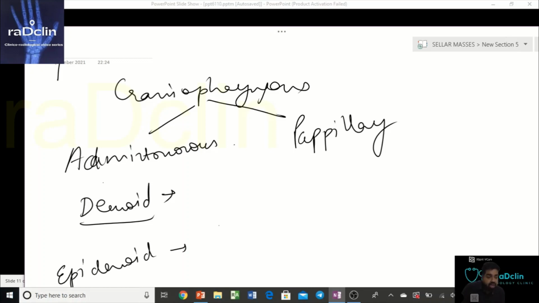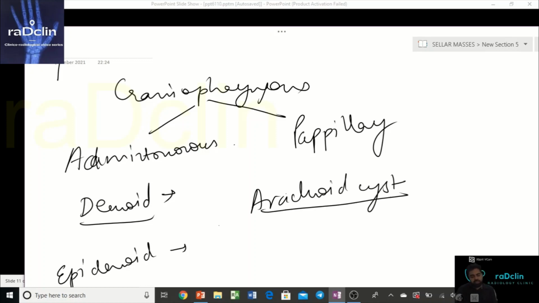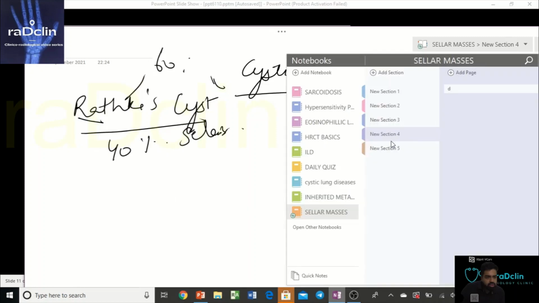Then you can have the arachnoid cyst, which follows CSF signal intensities on all sequences. Now there could be an inflammatory cyst like neurocysticercosis. Neurocysticercosis patients present with seizures, and it has a morphology that evolves with the stages: vesicular, colloidal, nodular, granular. That can help us differentiate it from the other lesions of the sellar region. Now let's move on to solid lesions of the pituitary gland.